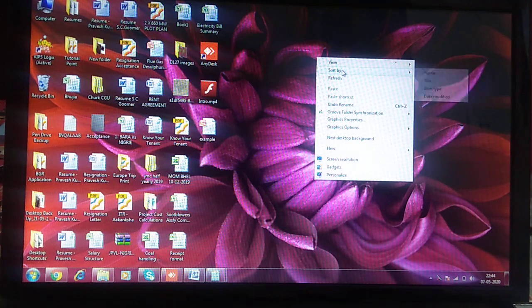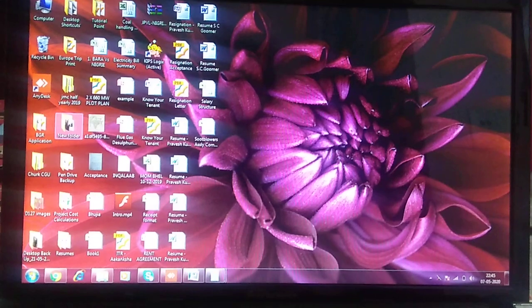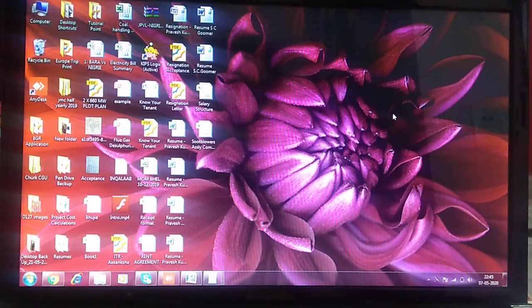When you move your cursor on Sort by, four more options come: name, size, item type and date modified. So in which way do you want to sort your files: by name, by size, by item type, or by the date on which you created or modified them? Here I am clicking name. See, all my icons are sorted by name.